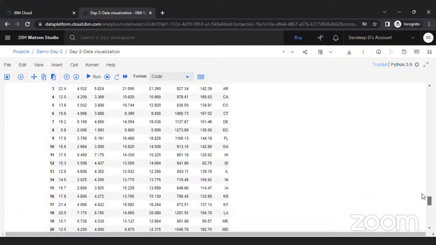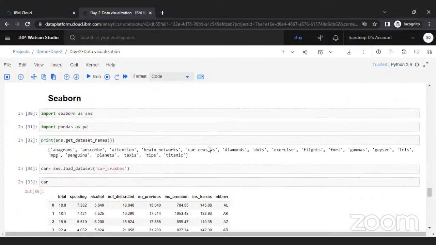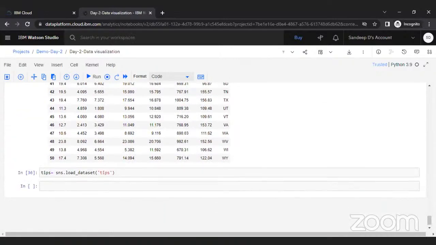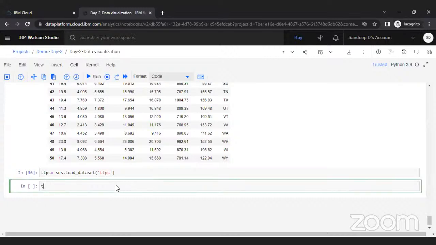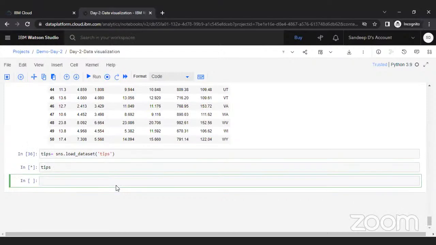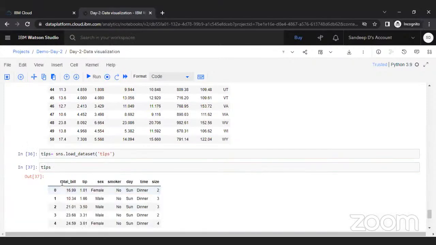So here you can see we have this tips data. Okay, so I am loading this tips data. Now let us check the tips data. So here we have total bill, tips, check,